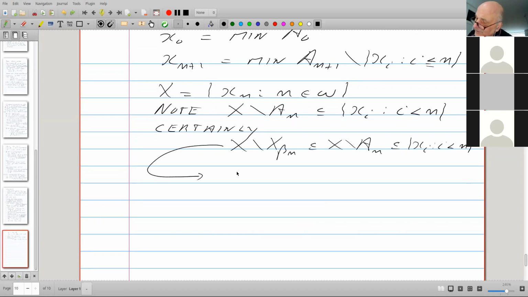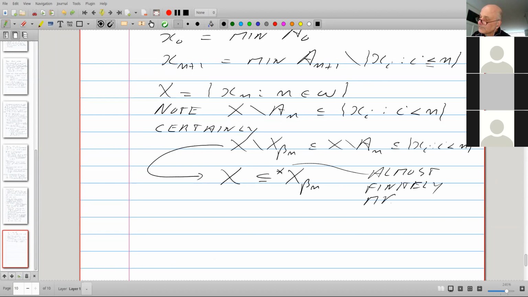We abbreviate this as X is almost a subset of X beta n. Almost meaning finitely many exceptions. So X is basically a subset of X beta n, except for finitely many straggling points. We let X alpha be just our X.